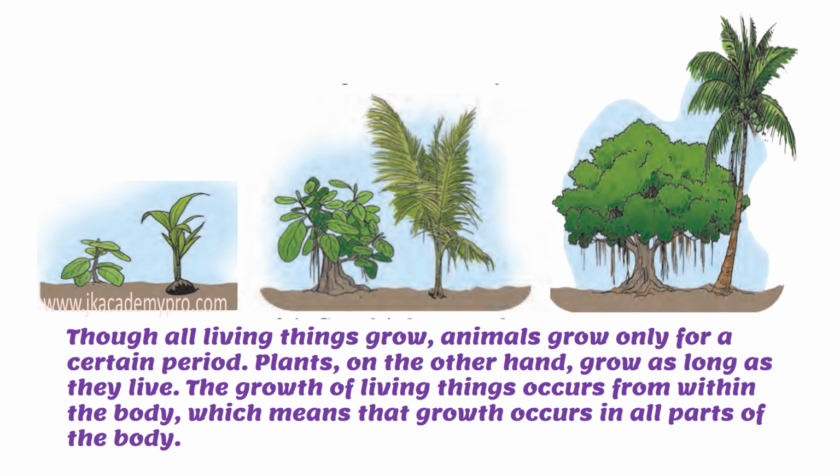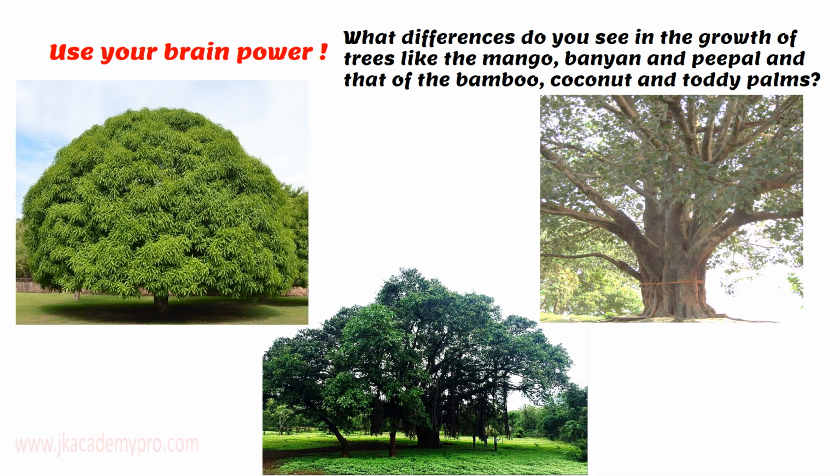But animals, including you as human beings, grow only till a certain period of time. Then the physical growth stops. We had seen it in the previous picture when a young child grew into a young adult and then into an old person, and then the growth stopped. But we know that even though we animals, that is animals and human beings, do not grow from the outside, internally all our organs are still growing, and there are a lot of changes going on inside our body.